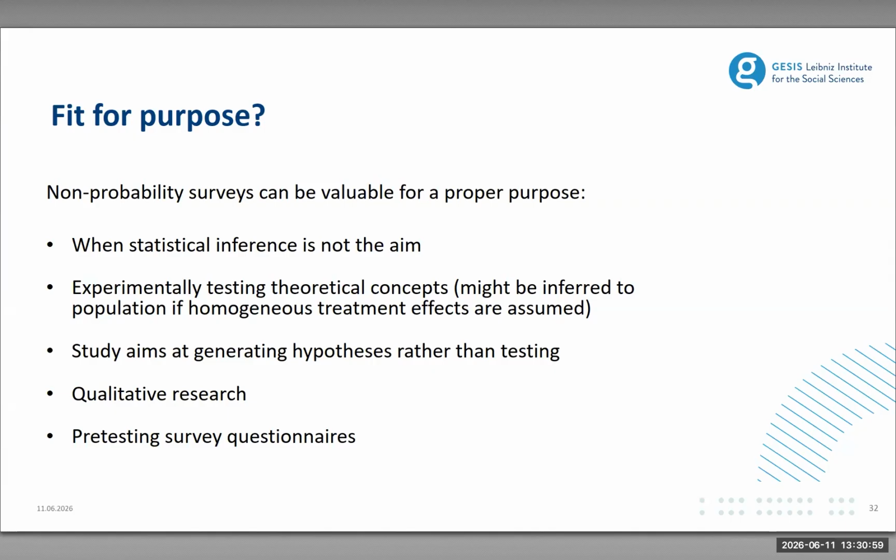So for example, testing theoretical concepts, and then fielding the study on a large-scale probability survey. Or if you want to generate hypotheses that you then want to test on a probability survey,